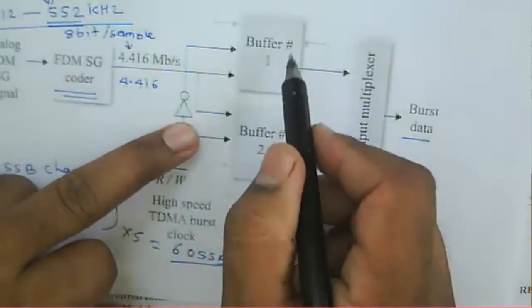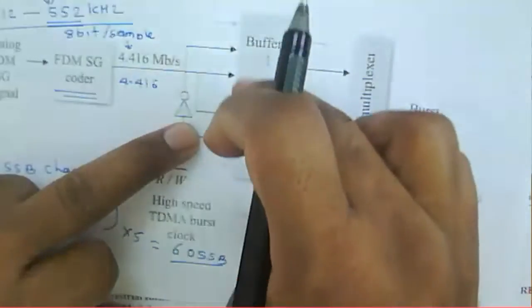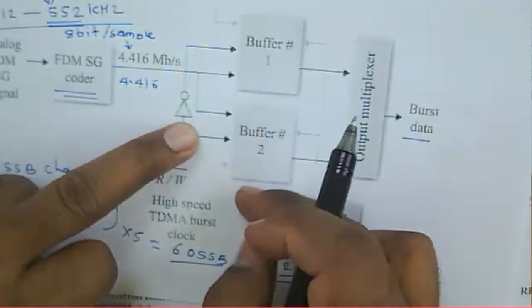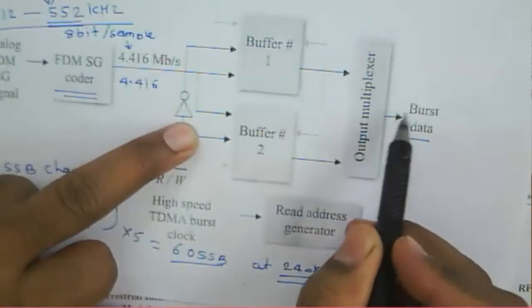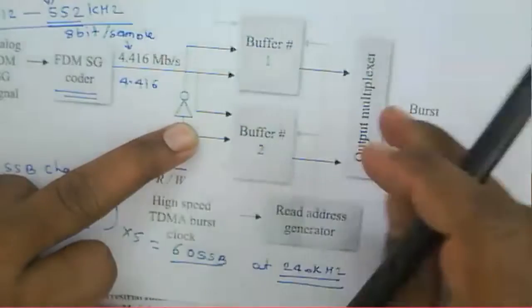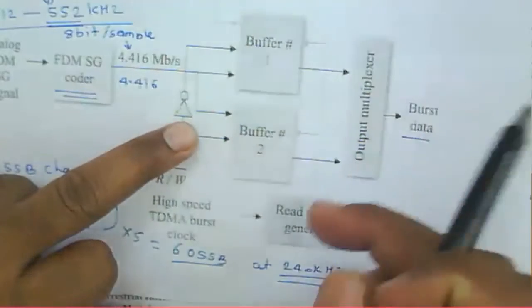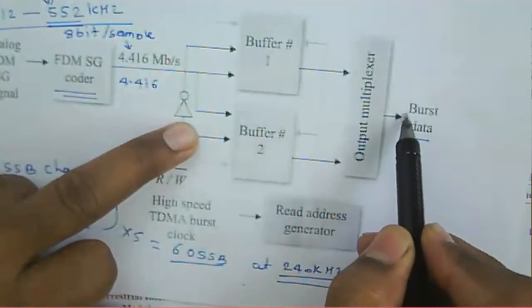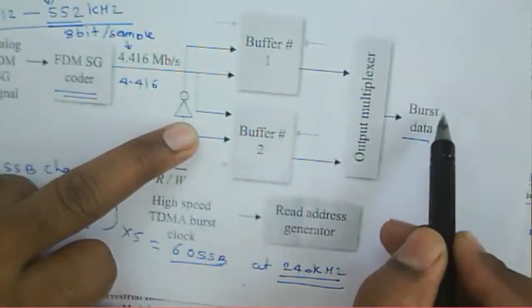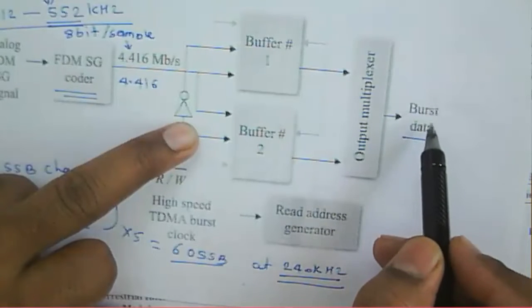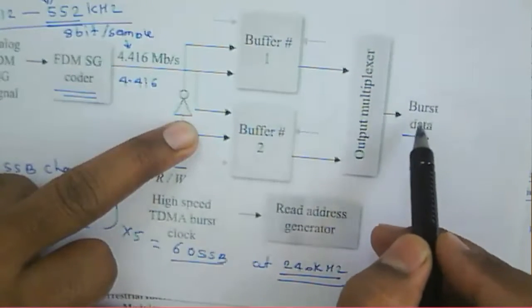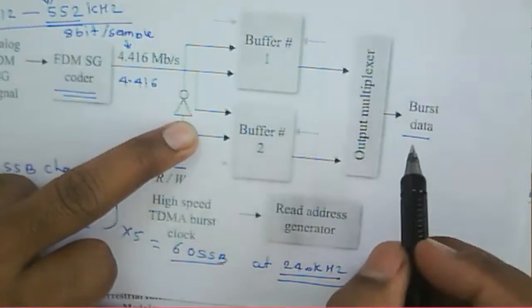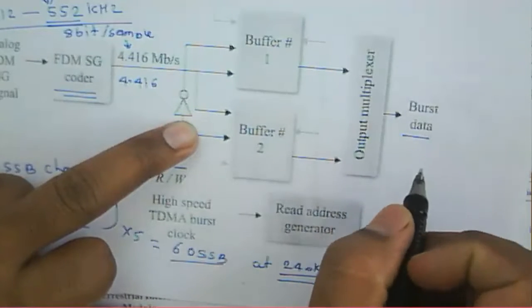Now this stored data from buffer 1 and buffer 2 will come out from this multiplexer. So we'll get the TDMA bus data, or we can say that the bus data has a TDMA rate in that bus mode,